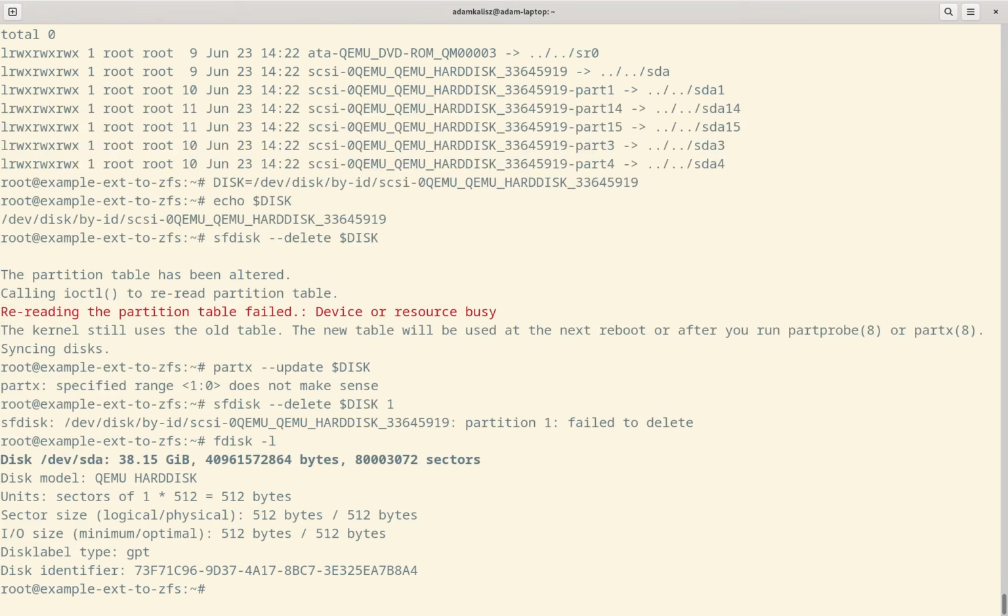Yes, it seems I have removed the whole partition table. That is, of course, not what I wanted. So what can we do about it now? Not much, I guess. We can, however,